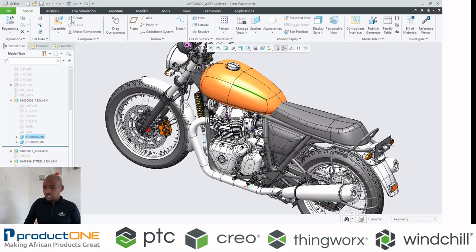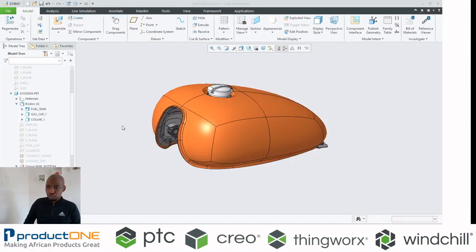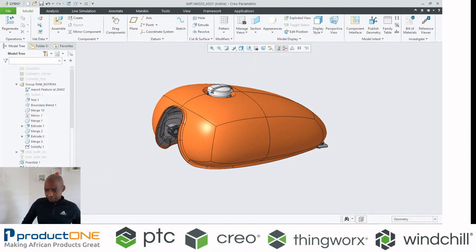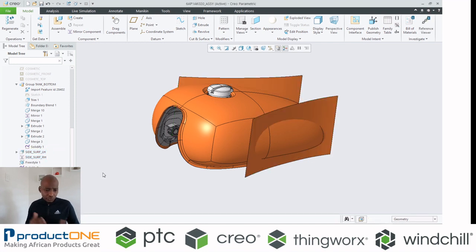However, you don't have to be limited to this particular design. Remember, this is concept. So I can say, how about I do the following? I can have surfaces, just for the sake of saving time. I've got surfaces in place here.